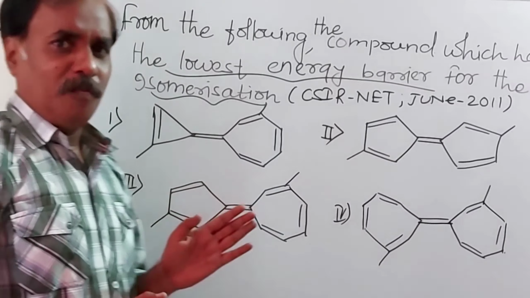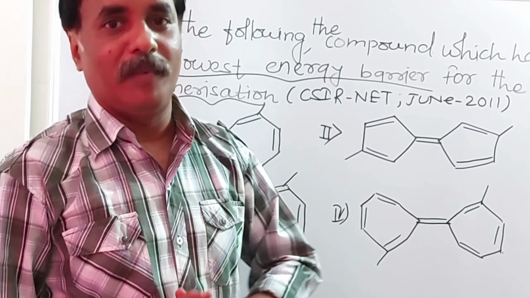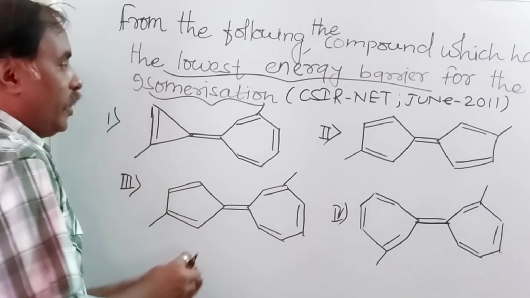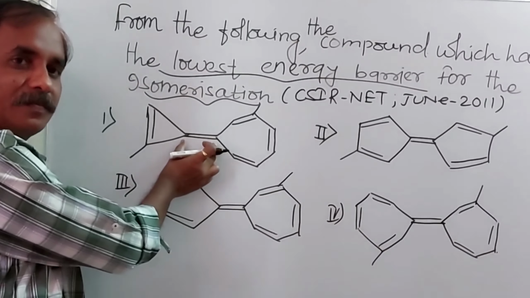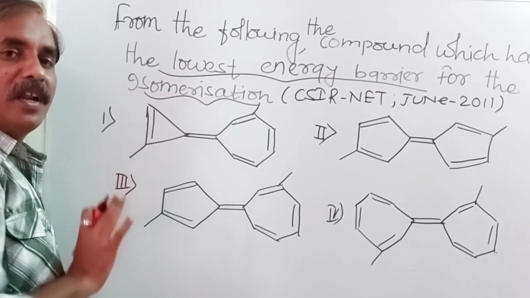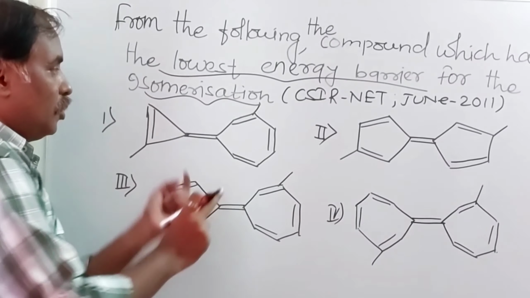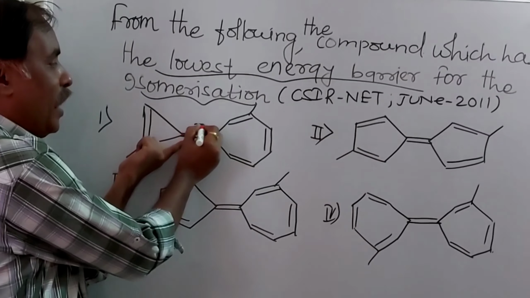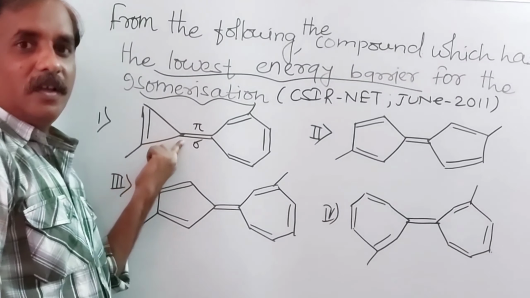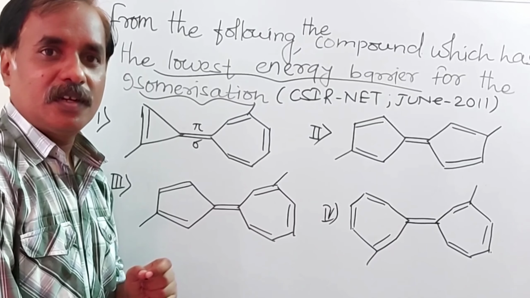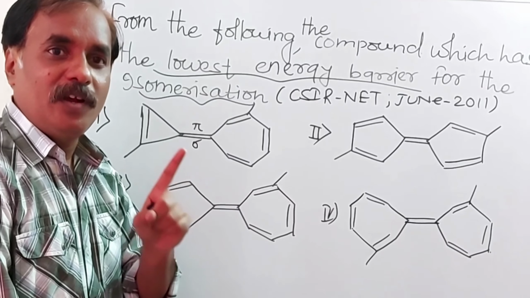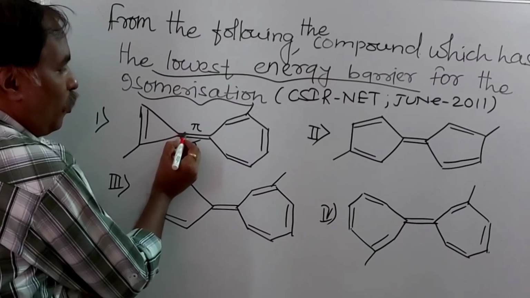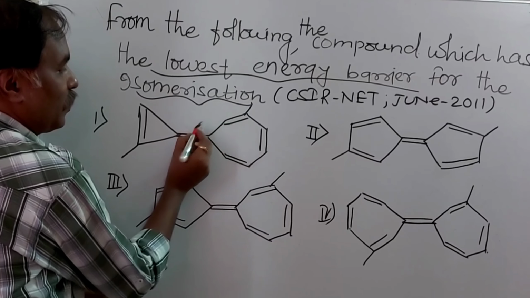All these are examples of the fulvene family. Here is the first example. Here there is an exocyclic double bond. This compound is unsymmetrical. Suppose we break this pi bond, a double bond being sigma and pi. Is there any chance of polarization? If there is stability, then definitely there is a chance of polarization. Suppose breaking the pi bond and shifting of electrons like this.